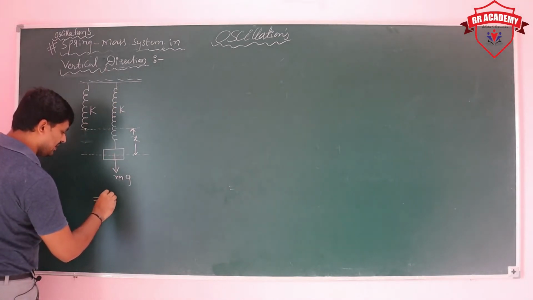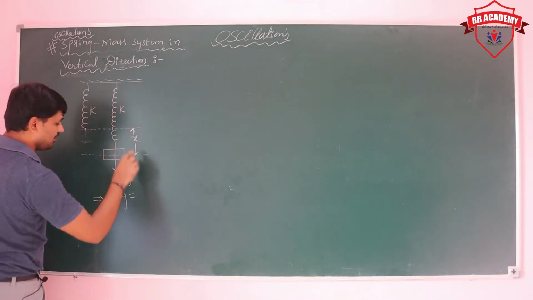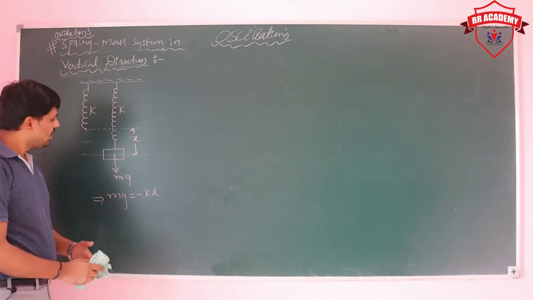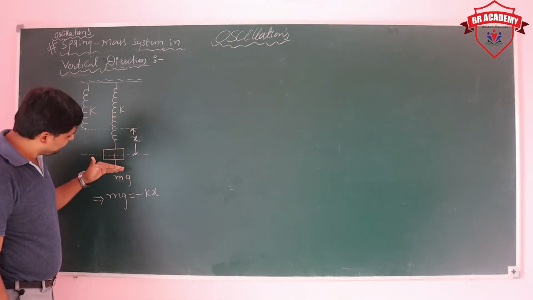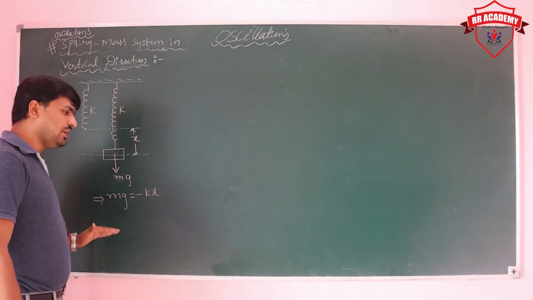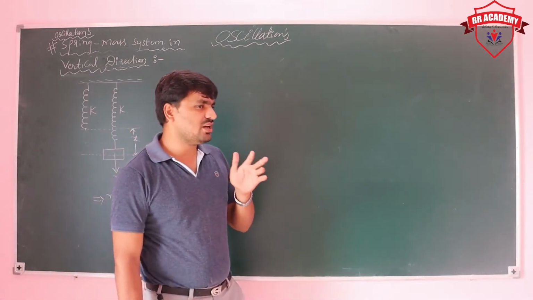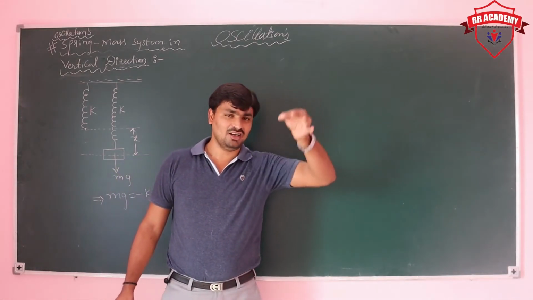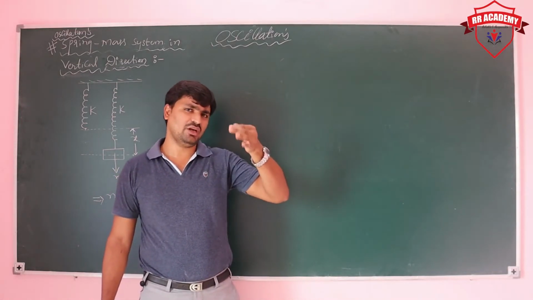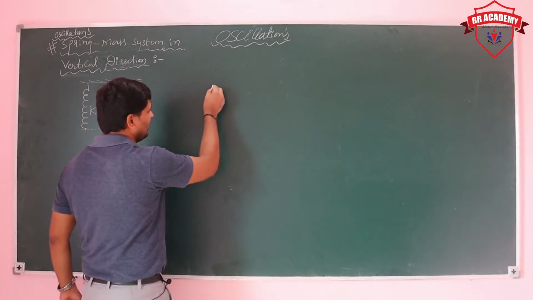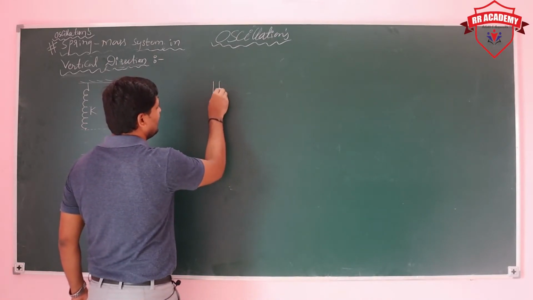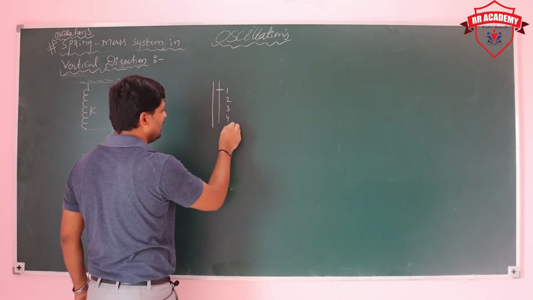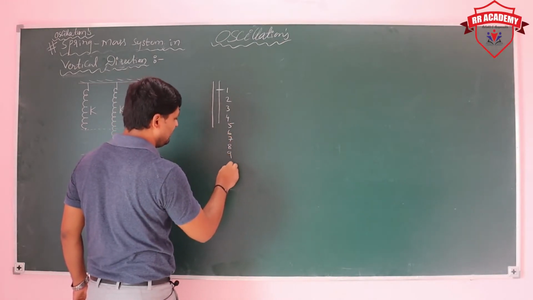Now what is the extension due to the spring constant? We have taken that weight is directly proportional to x. If you increase the weight, only then does the spring balance move. If you observe a spring balance, used for weighing weights, you can see how they connect it. It is the spring balance, and they arrange a small pin here, which shows 1, 2, 3, 4, 5, 6, 7, 8, 9, 10 kg, for example.